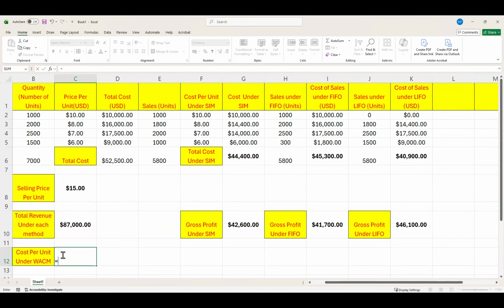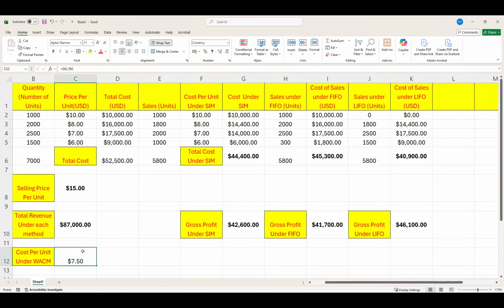Exact cells, Karthik, I need the cell numbers. Yes, D6 by B6. Absolutely, total cost divided by total number of units. So the weighted average cost comes out to be